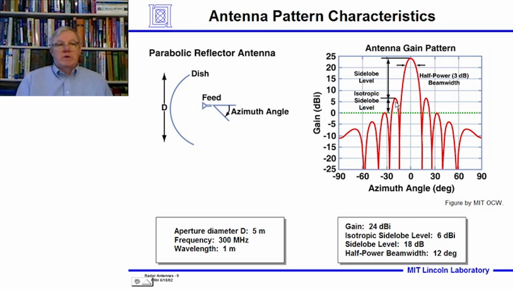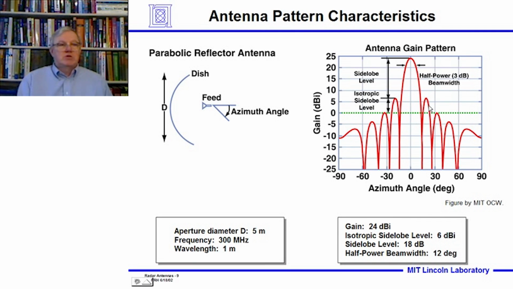They are places where we get local maxima of energy, but not at all anywhere near the energy that you want to have in your main lobe. What you'd like to do ideally is to have just about all your energy up here in a relatively narrow beam and very, very little energy down here. And it has to do with how we design the antenna in the feed as to what we get for